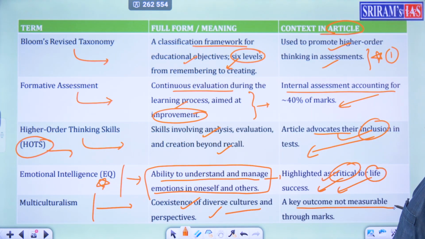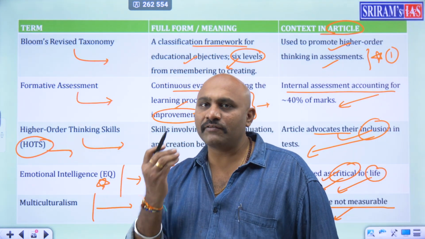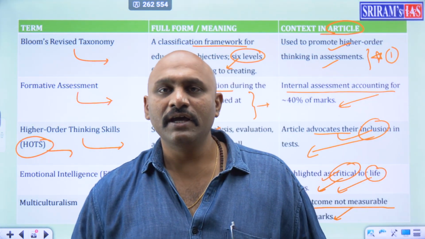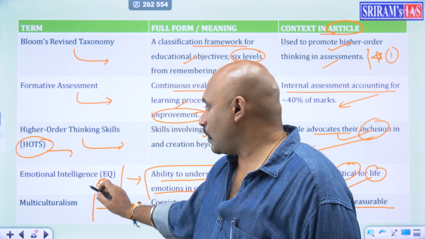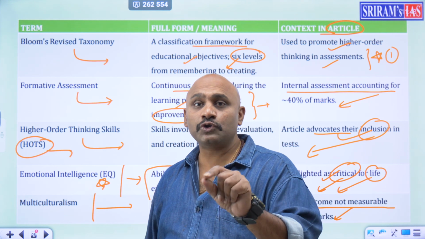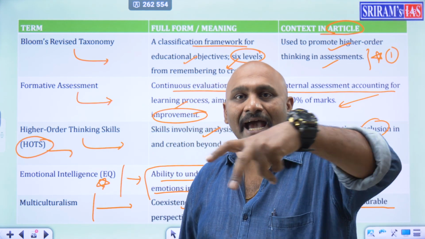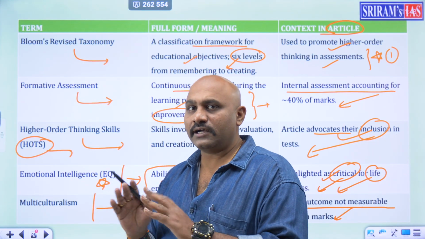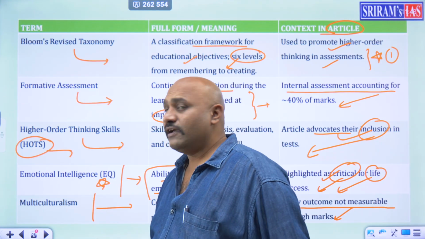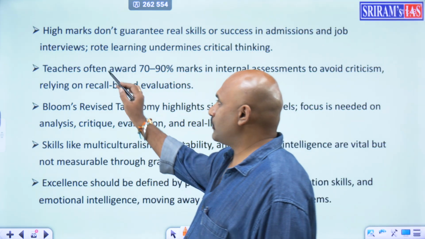So a key outcome not measurable through marks is how they are able to understand and give respect to different cultural behaviors and how they are able to adapt the best parts of every culture. That part is called multiculturalism, and marks should also be given for how the student is able to adapt to different cultural environments. So these are all the things you have to understand in this particular article. Very useful for your essay. So keeping that in mind, let's have a quick glance.